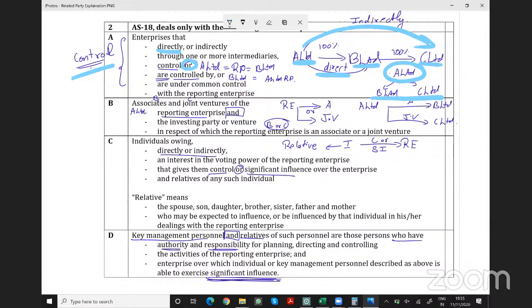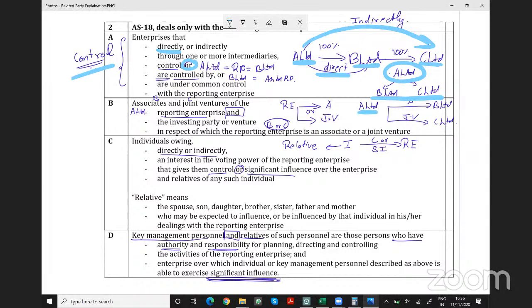So indirectly controlled by him through one or more subsidiaries. C is a related party, B is a related party of A, and A and C are under common control of the holding company, meaning A and C are under the common control. The second part is associates and joint ventures of the reporting enterprise and the investing party or the venturer in respect of which the reporting enterprise is an associate or joint venture. Means